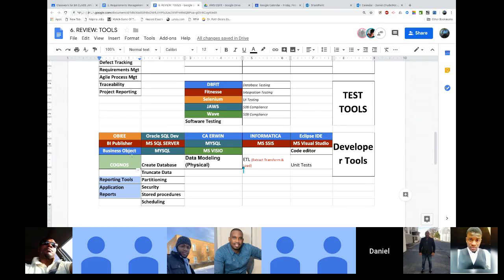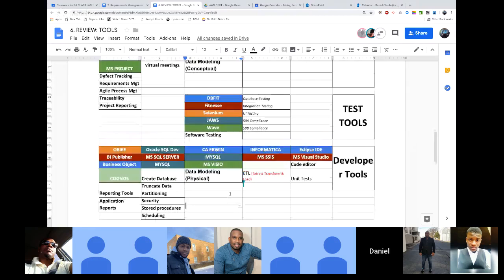BI Publisher, Business Object, Cognos, these are all examples of reporting tools. Now, there's a popular one now called MicroStrategy that they use. I'll add that later on. But the objective of showing you this is if you go for an interview and they mention a tool that